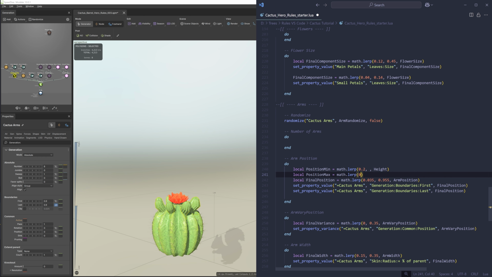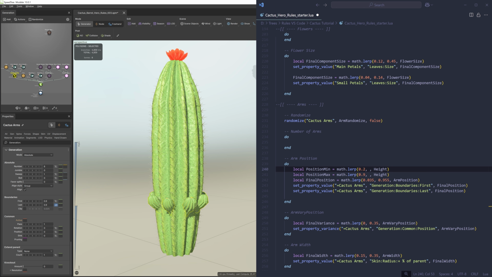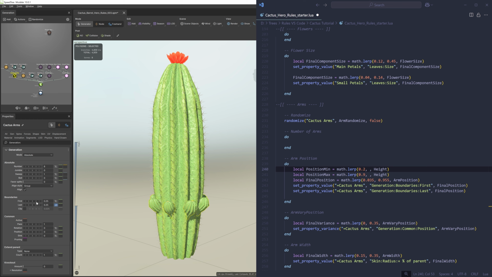Then I can make a variable to hold the maximum position and do the same process for the last boundary. So when height is at 0, I want my max last property value to be 0.9. Then I'll set height to 1 and find the appropriate min and max values.